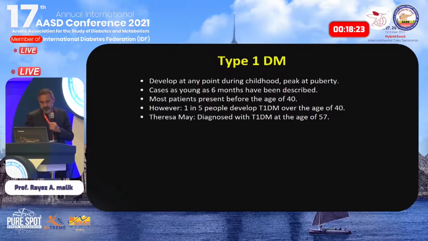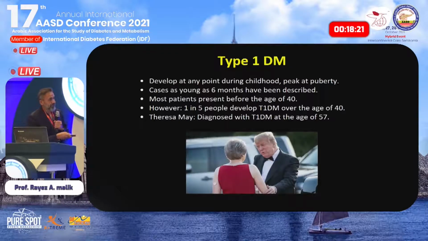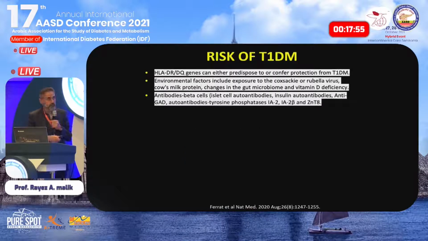and in fact, Theresa May, who you may recognize as the previous Prime Minister, was diagnosed with type 1 diabetes at the age of 57. And for about 6 months she was seen by her physicians and they thought she had type 2 diabetes. But she has type 1 diabetes, and you can see she has the sensor on as well. Okay, so it is important to note that older people can get type 1 diabetes. In terms of